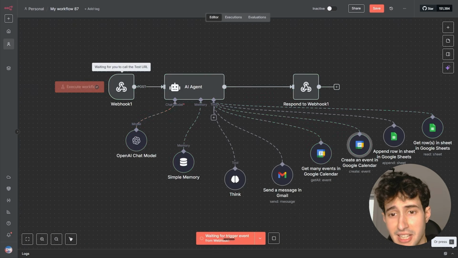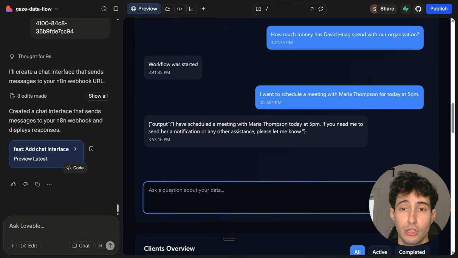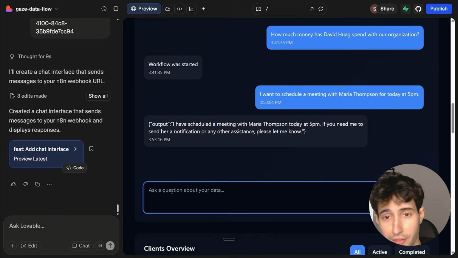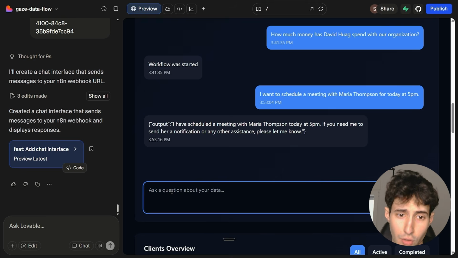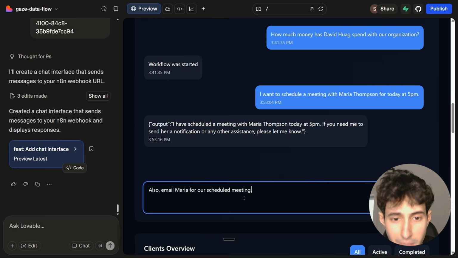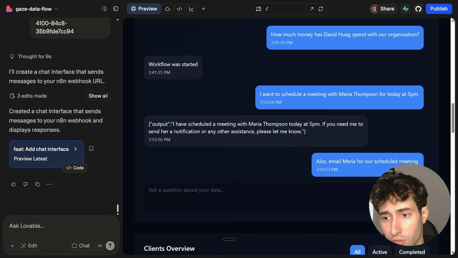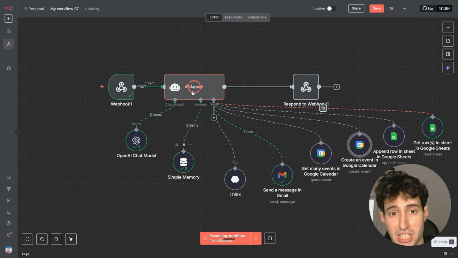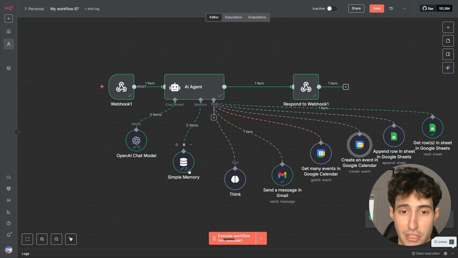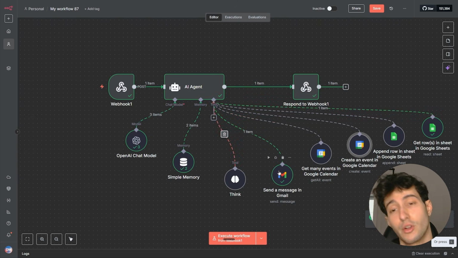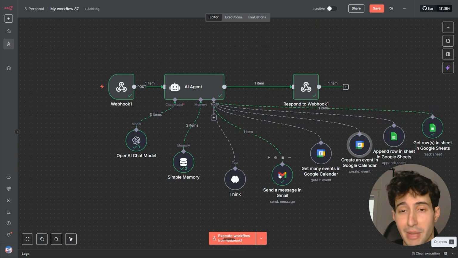And just to test the Gmail function as well, let's say we wanted to email Maria, telling her, hey, I've scheduled a meeting for us two for 5 p.m. today. All we would have to do is come over here and say, also email Maria for a scheduled meeting, and then click on enter, and we don't need to specify the date and time since our AI agent has access to memory, as you can see over here, which it actually used,